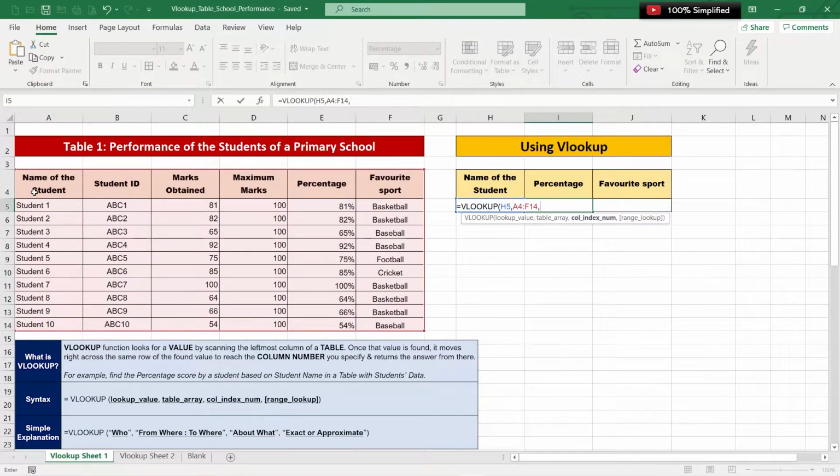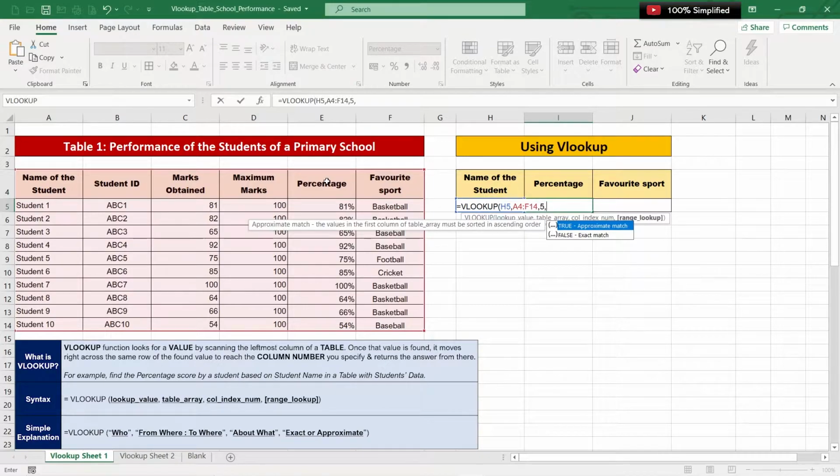This is column 1 of the table, column 2, column 3, column 4, column 5 is percentage. Name of the student is the first column, student ID the second column, marks obtained the third column, the fourth column is maximum marks, and the fifth column is percentage. Let's enter 5, that is the fifth column, comma.